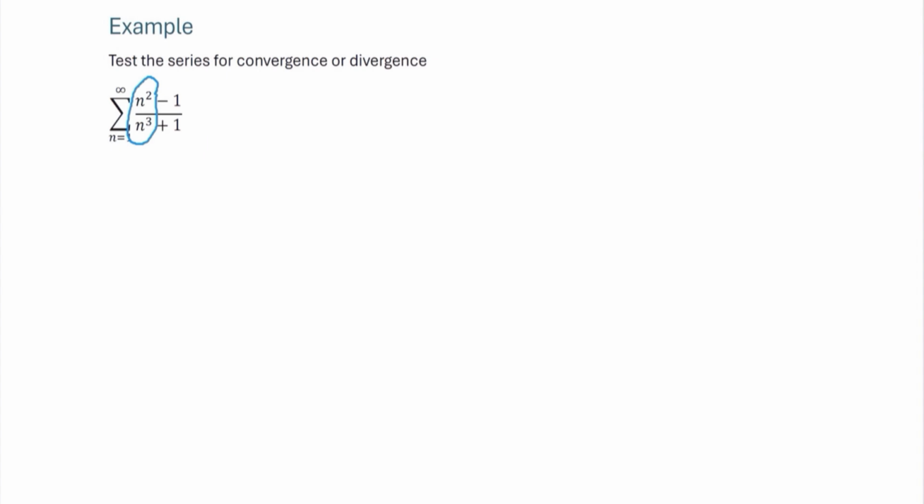Let's think about that. n squared minus 1 divided by n cubed plus 1, and let's compare that to the dominating part, n squared over n cubed. Well, n squared over n cubed is really 1 divided by n, which is a p-series, or more specifically, the